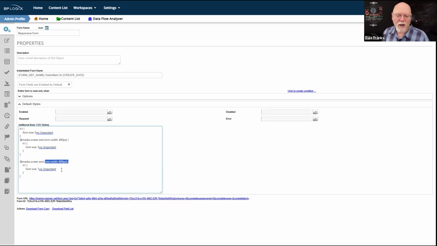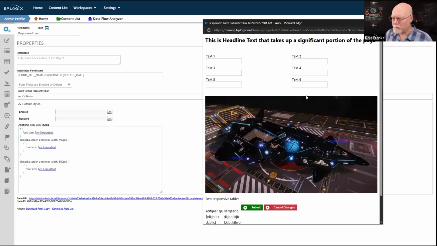And so in each case, all I'm doing is changing the font size for my H1 heading 1 text so that it just changes based on my screen size. So I can actually make text and other objects sort of resize for my screen.